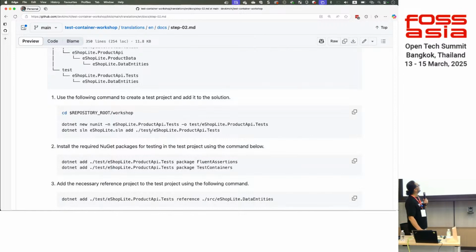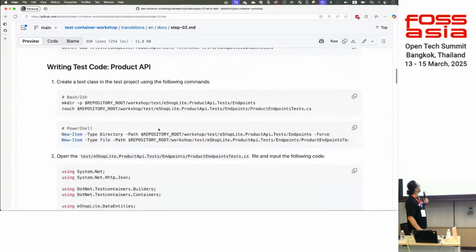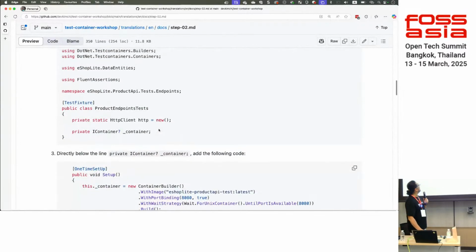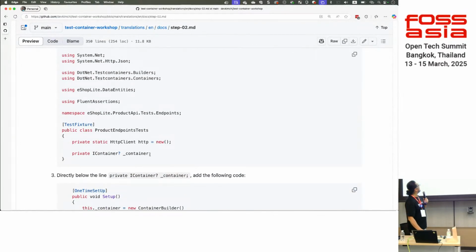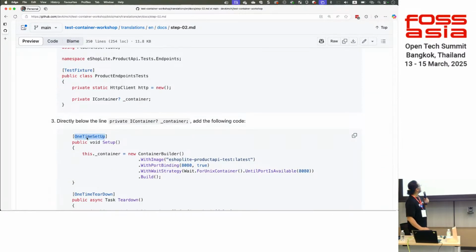So we have the product API and we are writing the test code here. In here, we use test fixture as a container. And as I mentioned before, the one-time setup only runs once, right? And within here, we build containers, right? So we use container builder with the container image, and inside the container we use